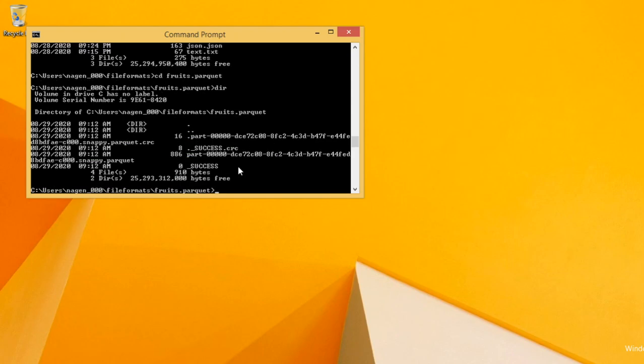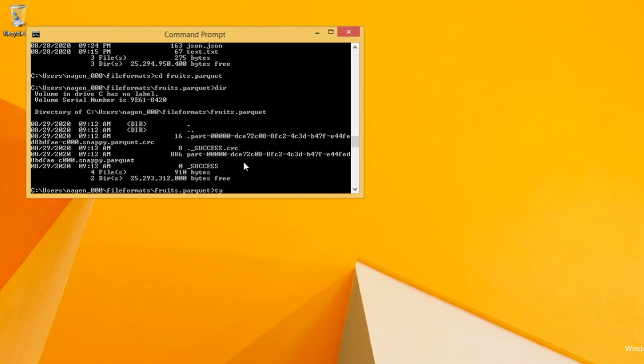And we have a lot of files here, 4 files. It has success.crc, part and part 00, something like that. Two of these are CRC, the cyclic redundancy check or something like that. What we are interested in is this file, this 866 bytes, I think.